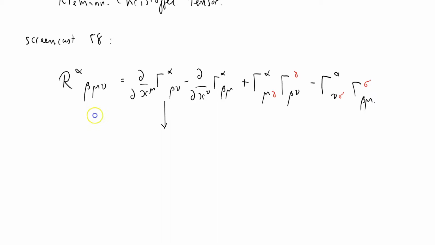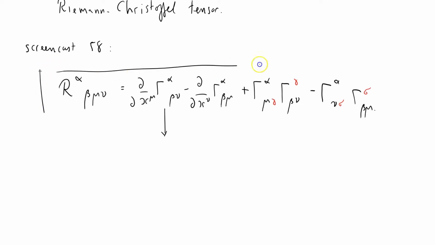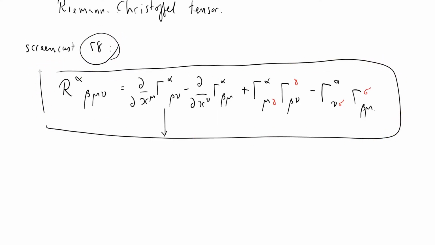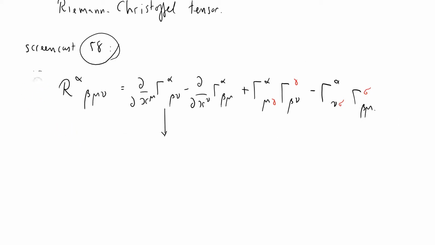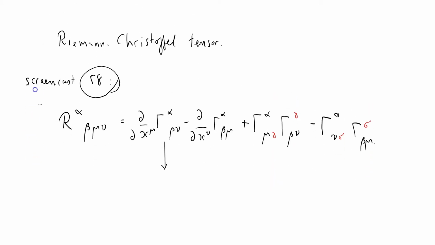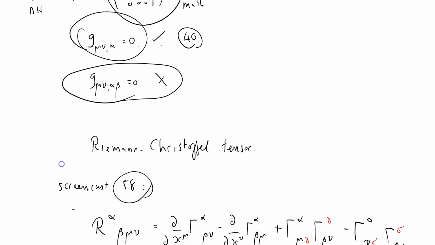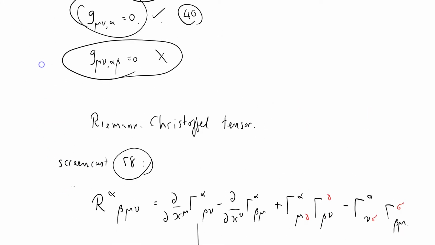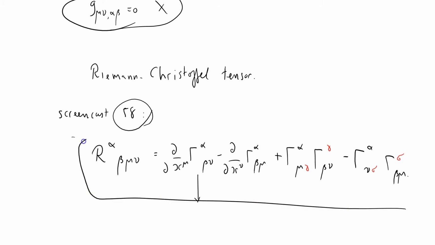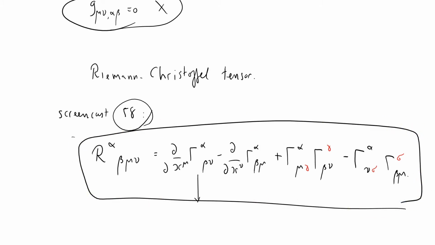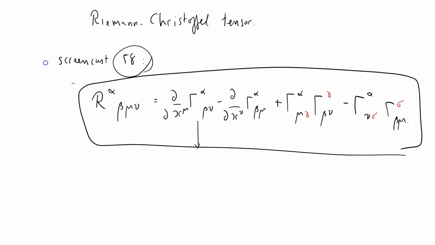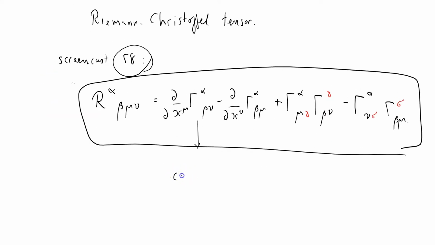I'm going to return to the Riemann-Christoffel tensor of screencast 58, and I've just copied down the equation there. I've changed the notation a little bit. I'm using Greek indices rather than Latin, and now I'm going to use the comma goes to semicolon rule. It's a beautiful system. What I'm going to do is take this complicated mess of second derivatives and Christoffel symbols, and then transform. I'm going to consider